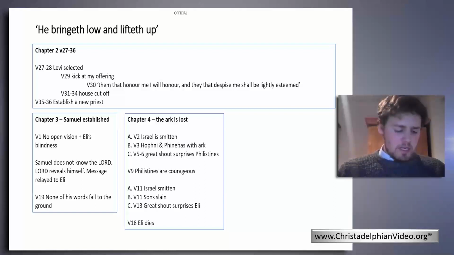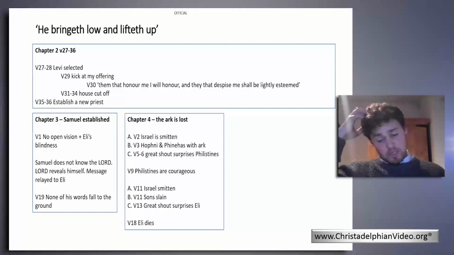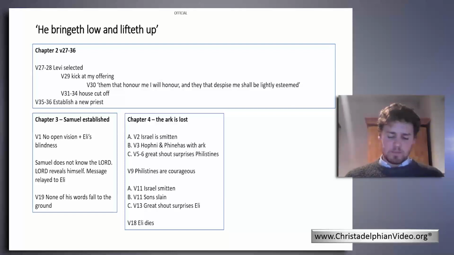And throughout chapter 3, then, we have gone from Samuel ministering unto Yahweh before Eli, to then becoming established as this prophet, and Eli has been given this message that his house is being replaced. Then when we get to chapter 4, we have the outworking of this promise or this message from God, where